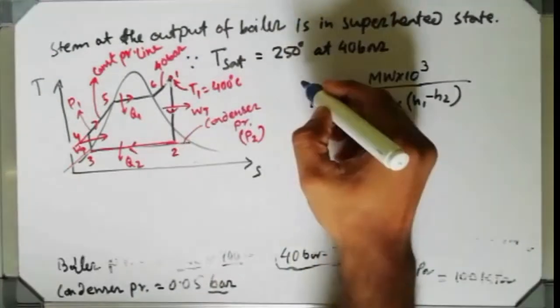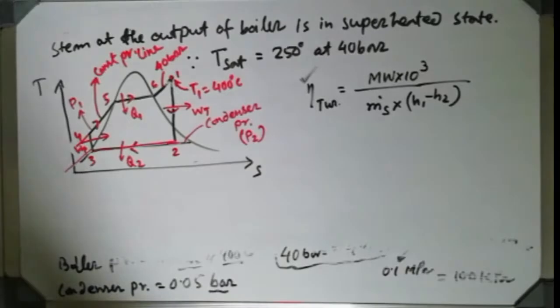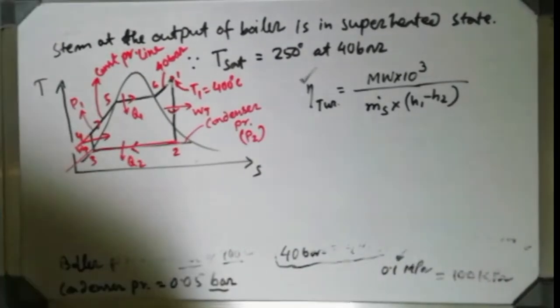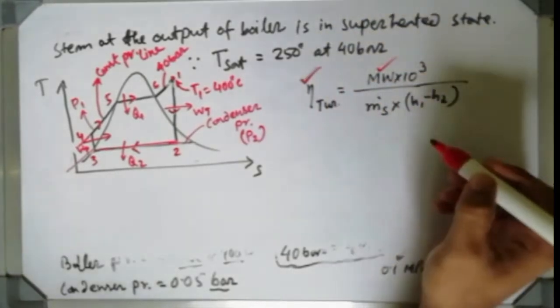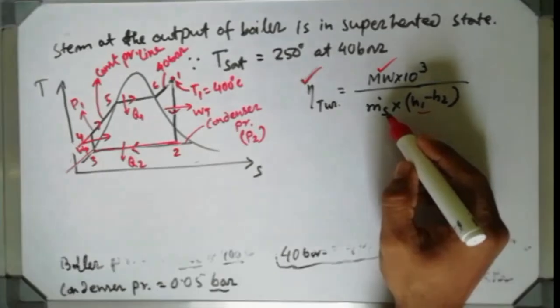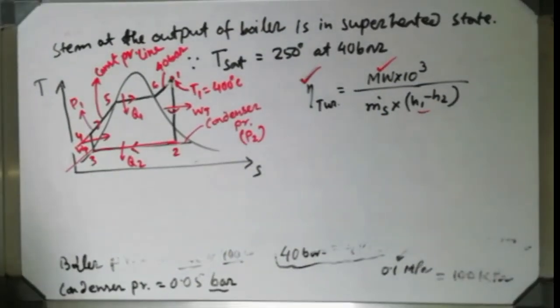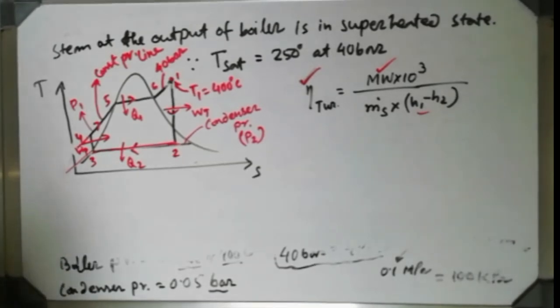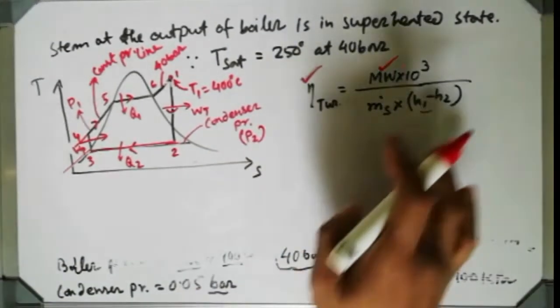So this value is known to us, the relative turbine efficiency. Then the megawatt is also given, 10 megawatt is given. This value is also given. If you find the enthalpy values, then from there you can find m dot s, and that is the first requirement of this problem, as the mass flow rate of steam you have to find out. Understood? That is the objective, where we have to reach.